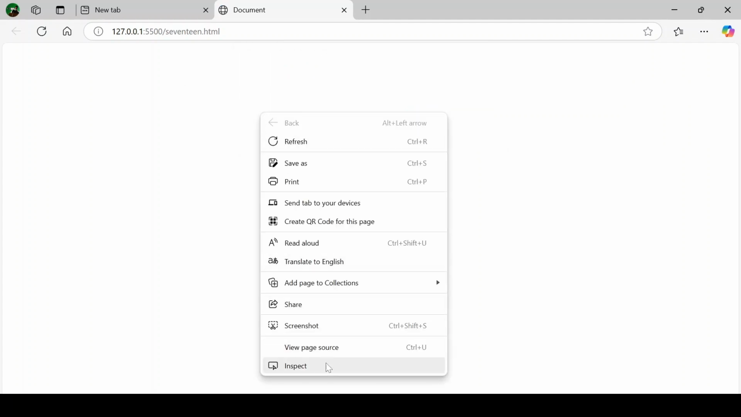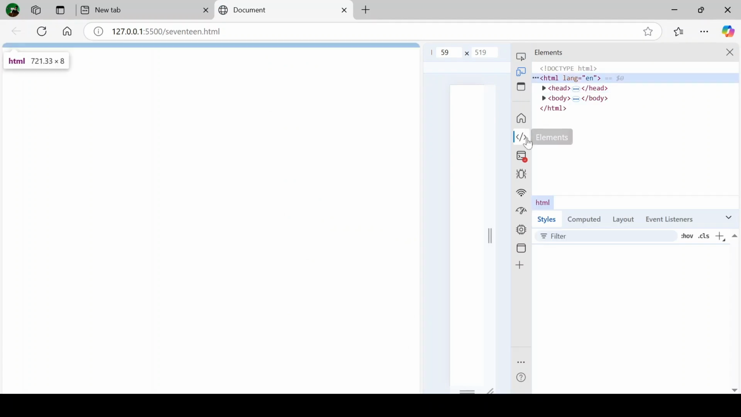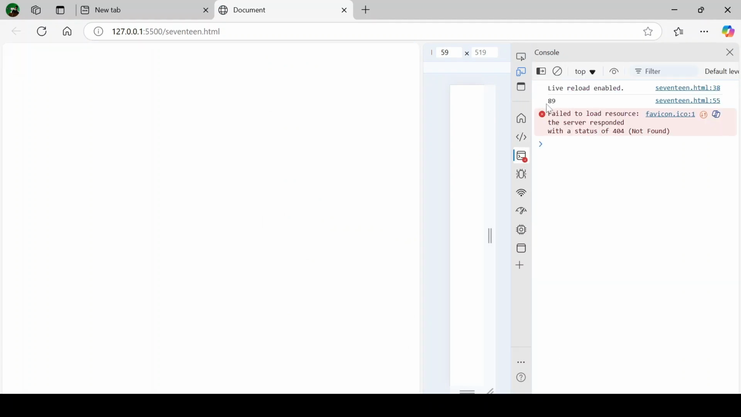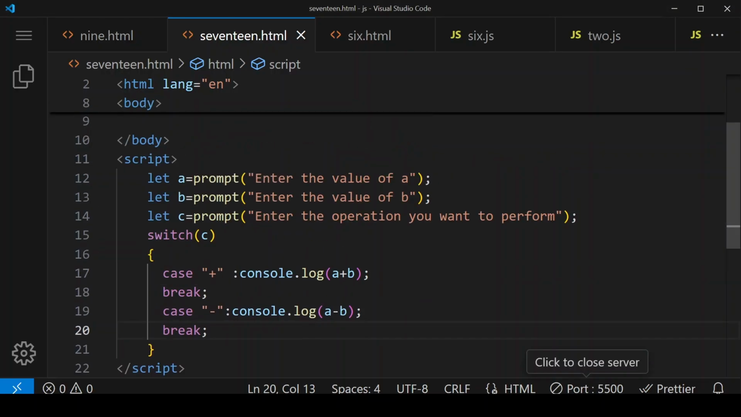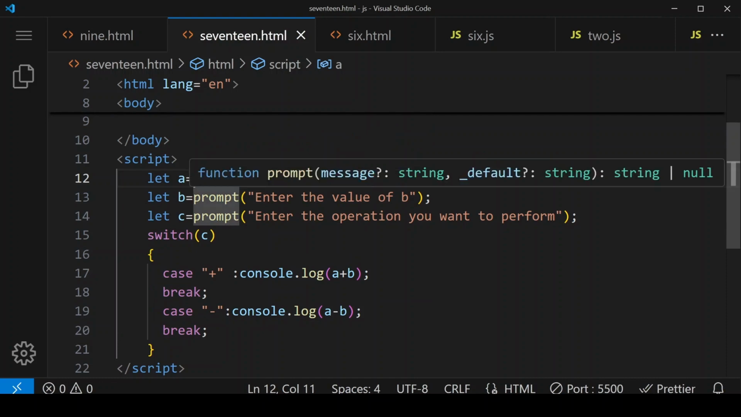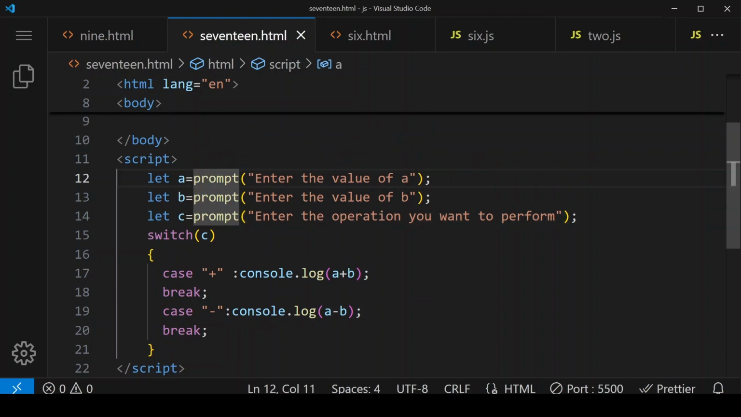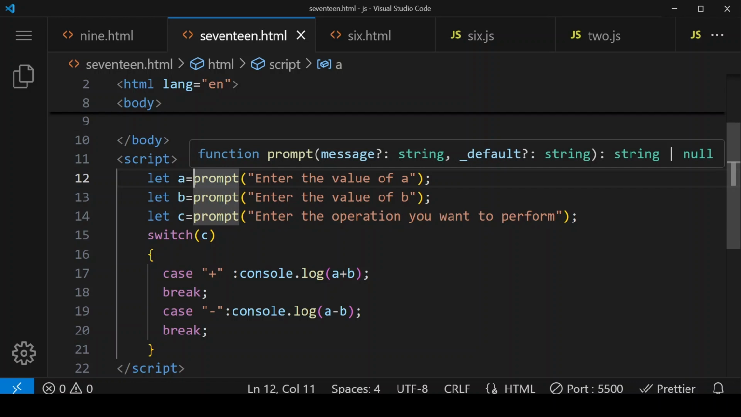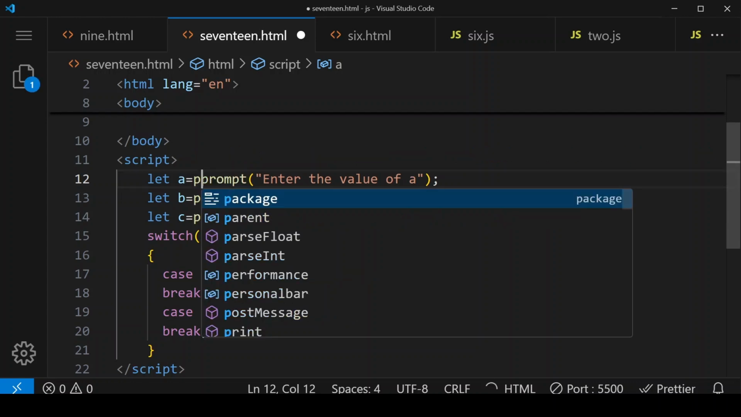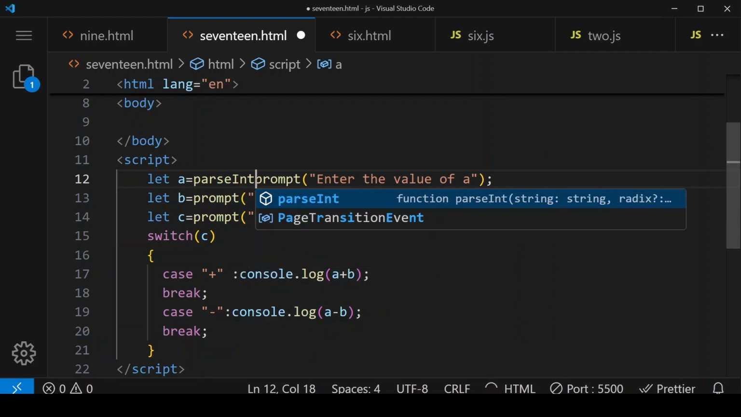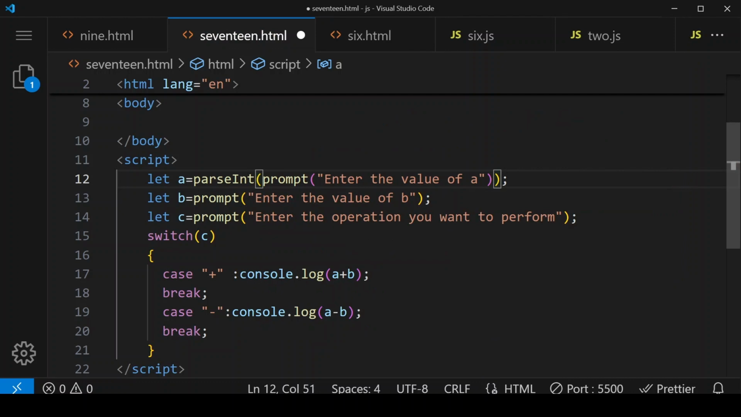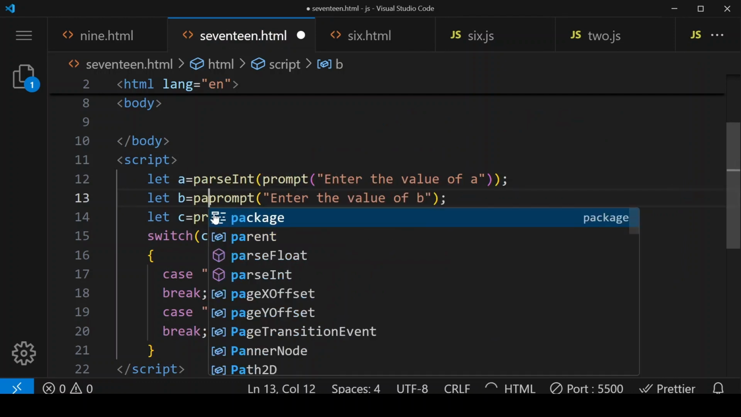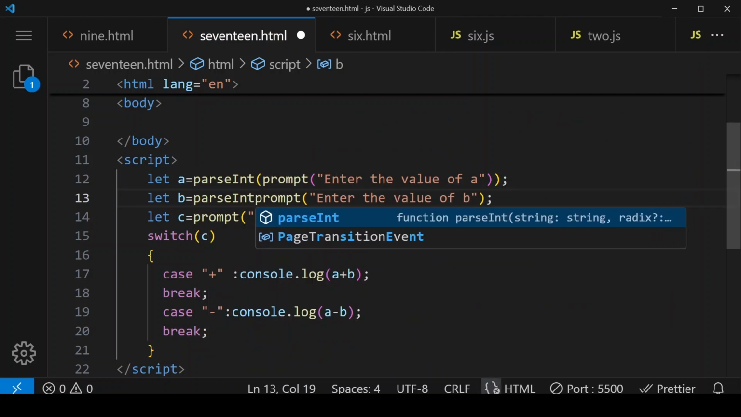Here we have to go to inspect, because we have taken input of numbers with the help of that prompt box, so it is considering these numbers as strings. So what we have to do is take that number out of that string. If that number is an integer, then we have to put parseInt, and if that number is a float number, then we have to put parseFloat. parseInt. And similarly for b, parseInt,